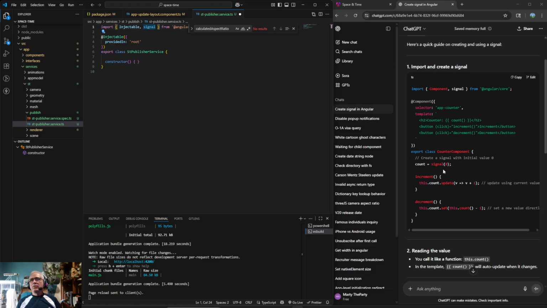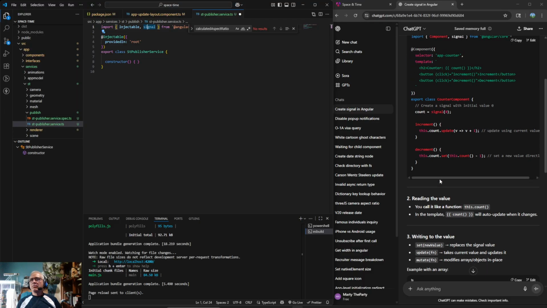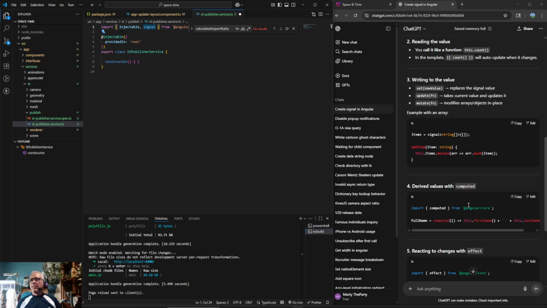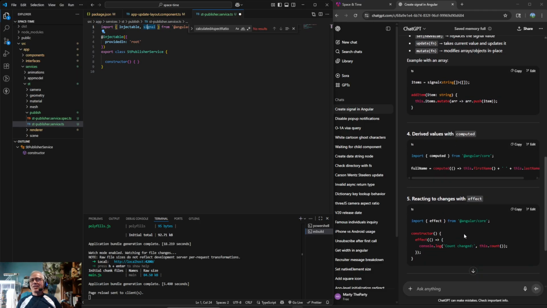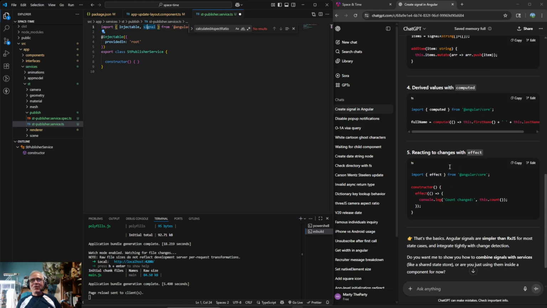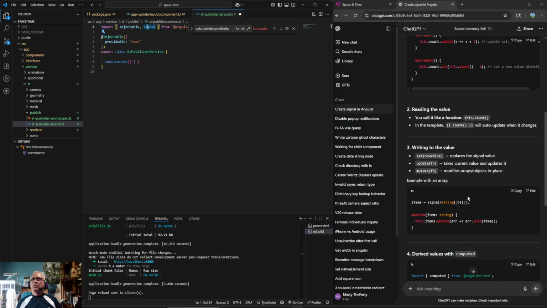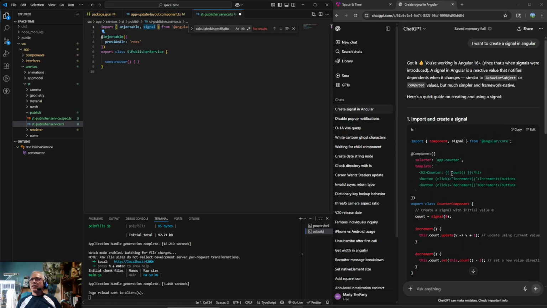So count equals signal. I'm a bit confused because it kind of went down all these different little rabbit holes, and now I'm trying to figure out, well, okay, what should I ignore and what shouldn't I ignore. So this executes it, reacting to the change. Oof. Did not find that to be useful. Okay, so